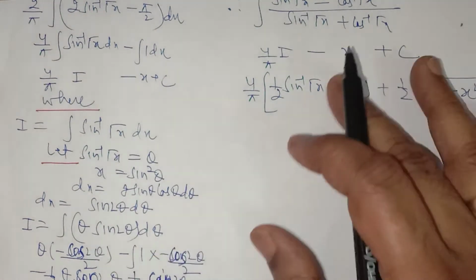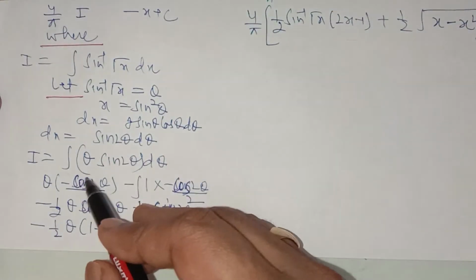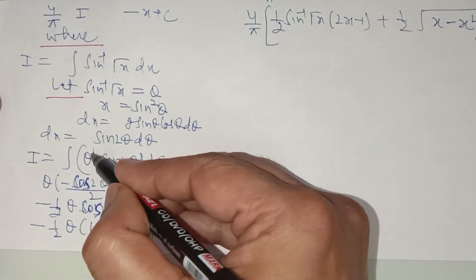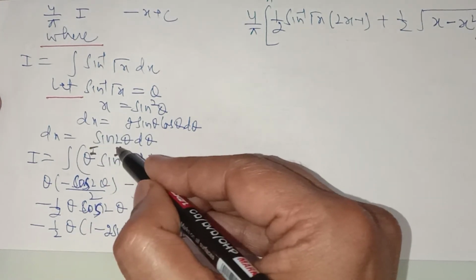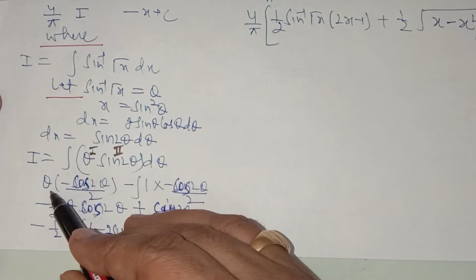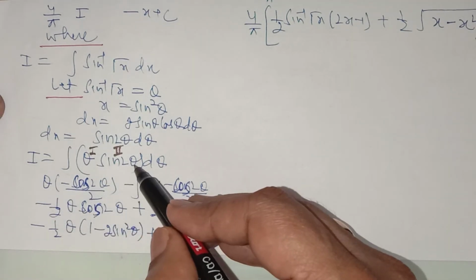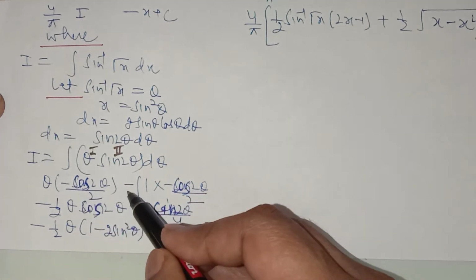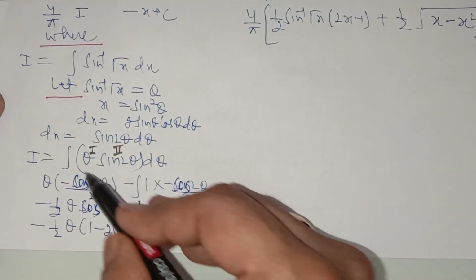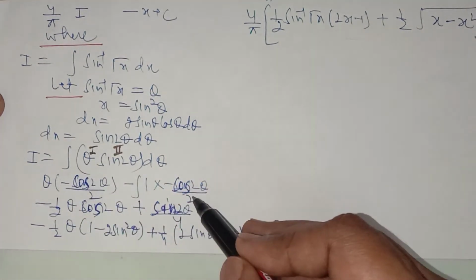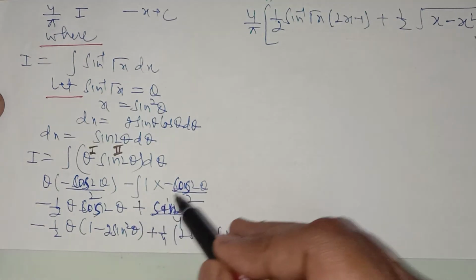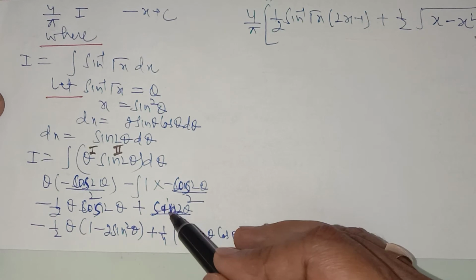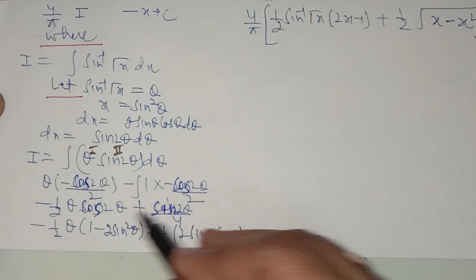Now you can integrate by using by parts, taking this as the first function and this as the second function. So first function as it is, integration of sine 2 theta will be minus cos 2 theta upon 2. This is cos theta. Minus derivative of the first, which is 1, multiplied by this minus cos 2 theta upon 2. So minus minus plus, and integration of cos 2 theta is sine 2 theta upon 2, which will be sine 2 theta upon 4. Arrange it.